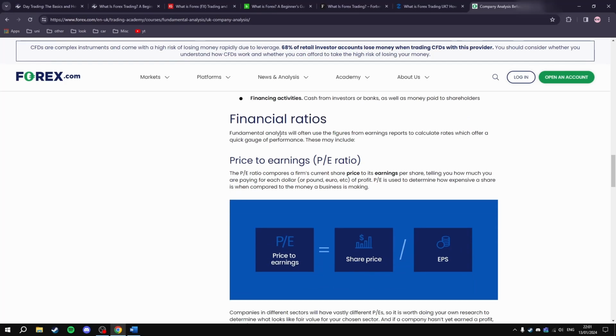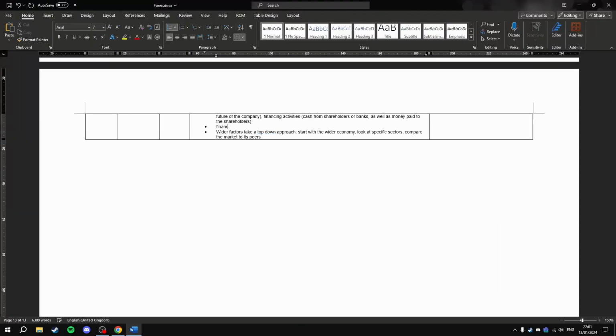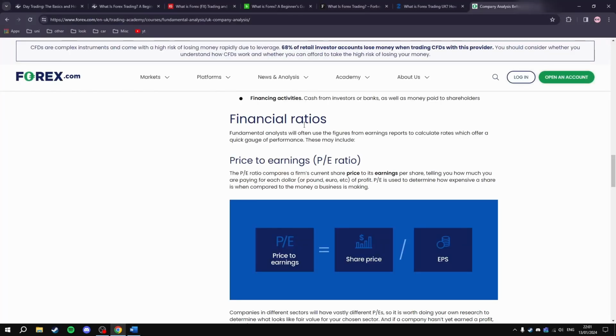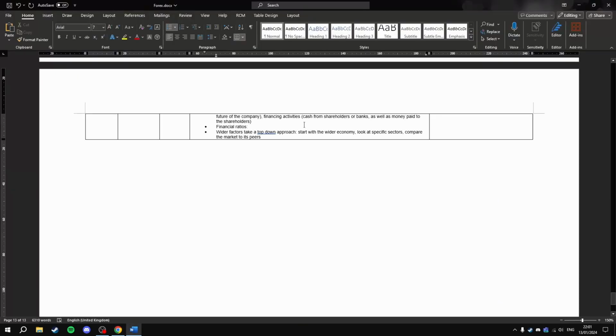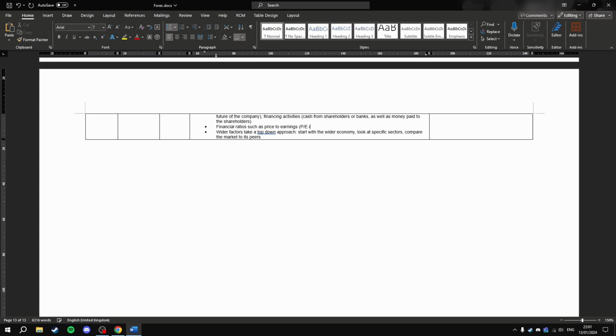Financial ratios. Financial analysis and fundamental analysis will often use figures from earnings reports to calculate ratios, which offer a quick gauge of performance. These may include financial ratios such as the price to earnings ratio,